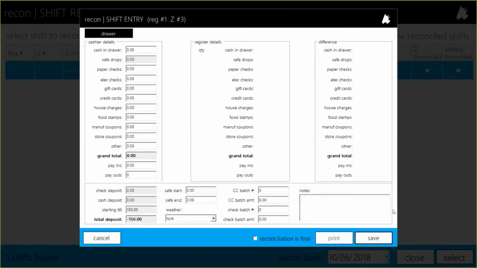And then notice the difference here. I simply now just count what I have in my drawer, and I don't see what the register details are, and I don't see the difference. So if there's a variance, I'm not going to know what that variance actually is. So we'll see, I'm going to be way off here because I don't know exactly what I took in, but